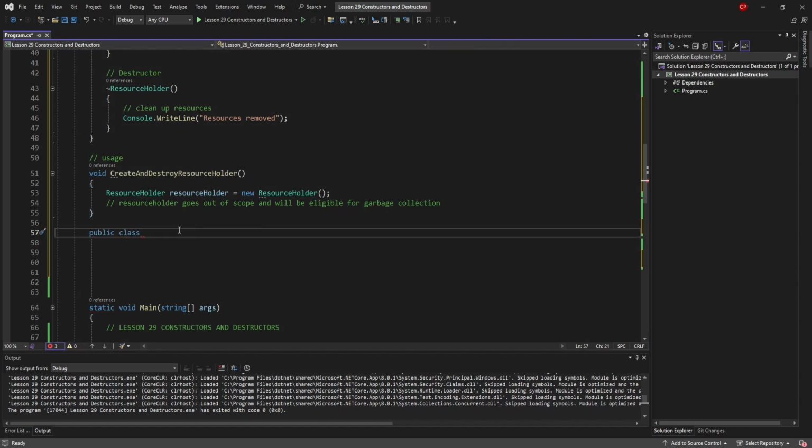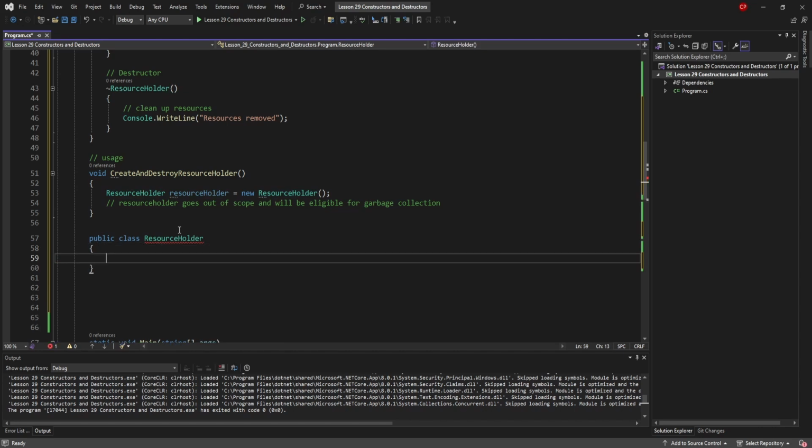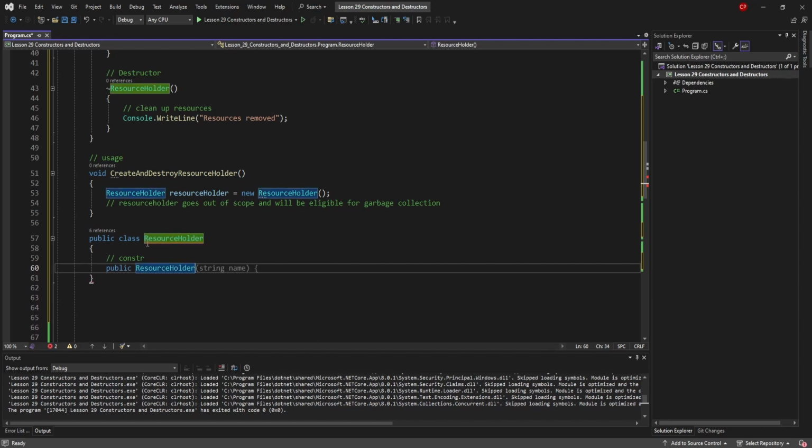Sometimes it doesn't help to only write pseudocode. Sometimes I really should create an actual program, but I like doing that on the fly with you guys. So our constructor would be, another constructor would be public resource holder, and then we're just going to say, what, there we are,